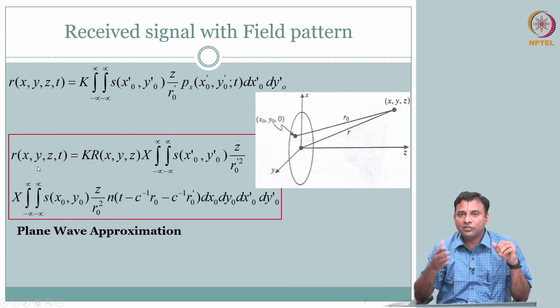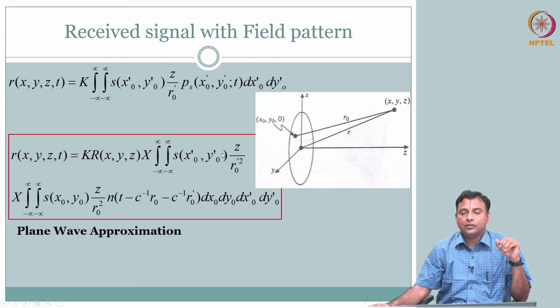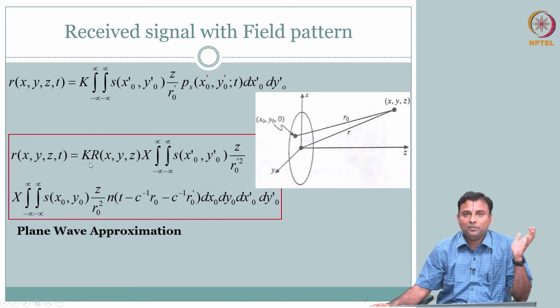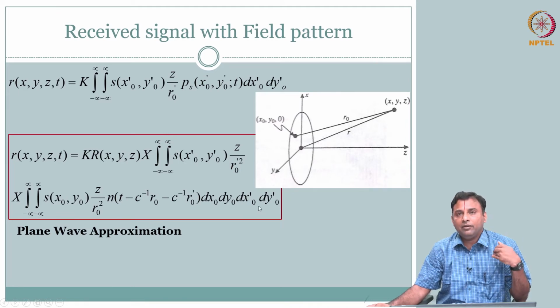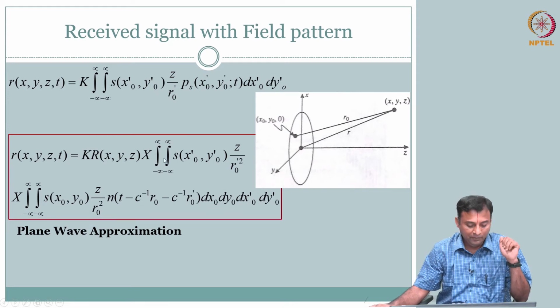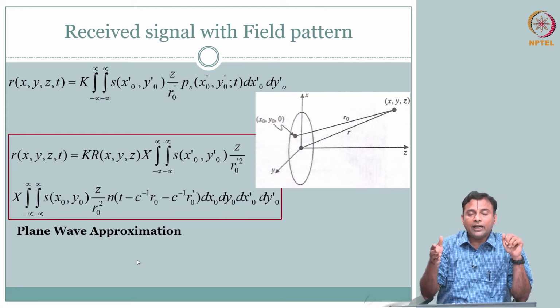How do I describe this wave pattern, the beam pattern, field pattern, so that, this is capturing everything, but it is not easy to analyze with this equation. So we will make some approximations so that this reduces to a form which can be better explained and better analyzed, and we will put the context at that time. So, plane wave approximation. What do we say in plane wave approximation? Remember, we are looking at some plane located, so some plane at z.